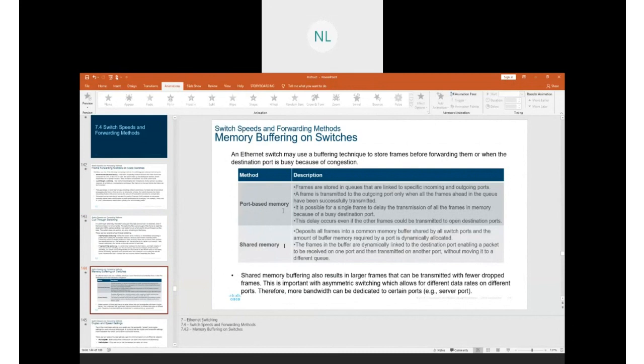a shared memory, like a temporary storage switch where it